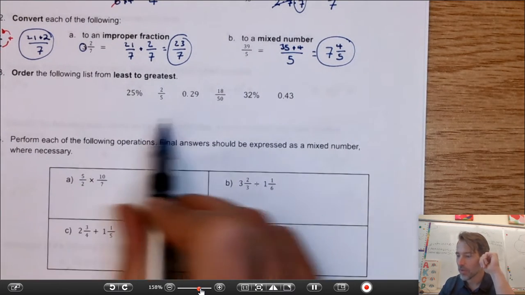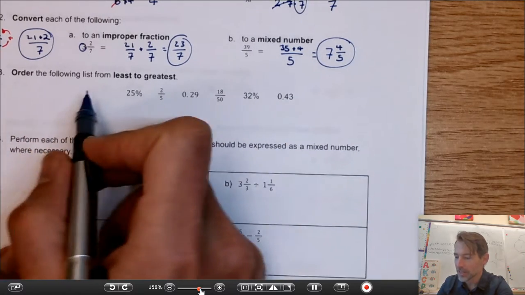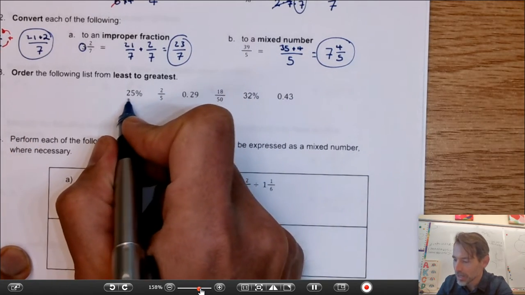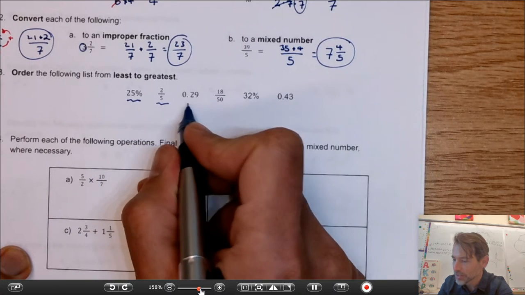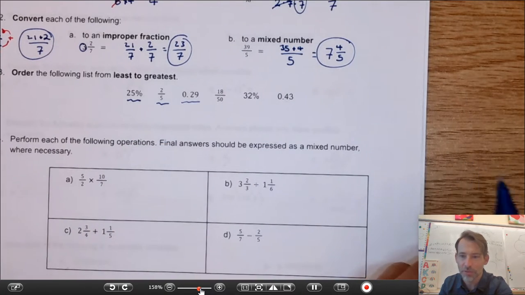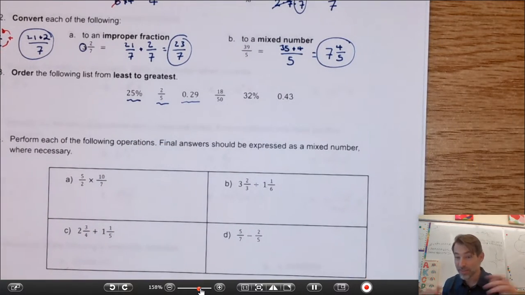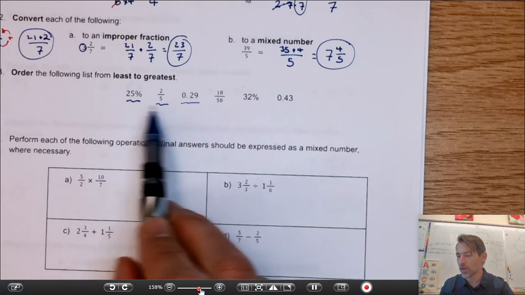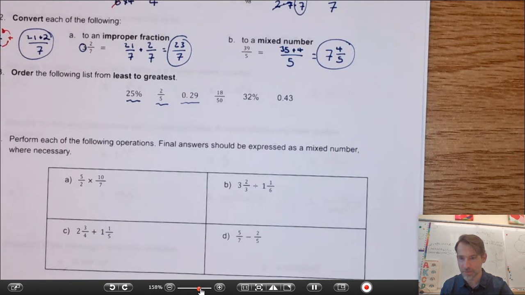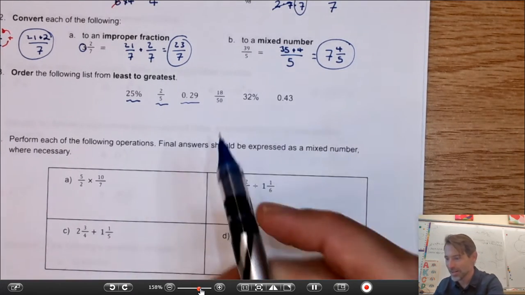Okay, so one way to approach these types of things where we've got percents, we've got fractions, we've got decimals, is to convert them all to the same thing. The easiest thing to convert them all to would probably be decimals. And then you can compare their sizes much more easily. Also, another thing to note is all of these numbers are positive, so there's no tricky, oh, the negative is the smallest one thing. Let's carry on. So